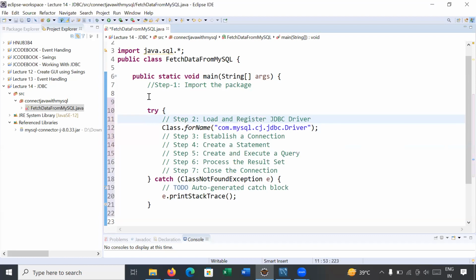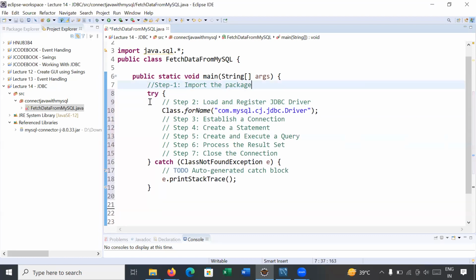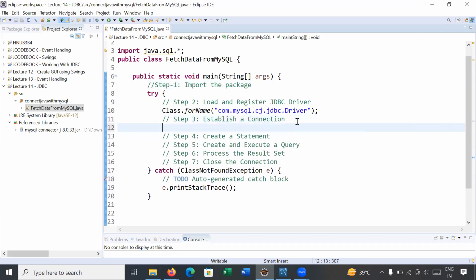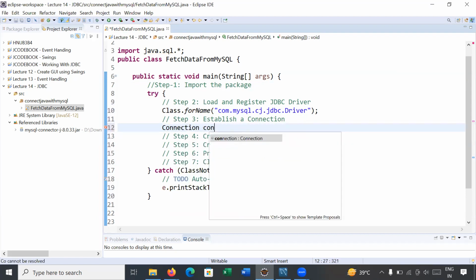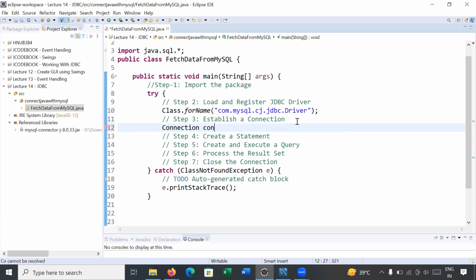So this is your step number two. Let us move on to step number three, that is, establish a connection. How will you establish a connection? We have a method, getConnection, inside the DriverManager class. So you will write Connection con is equal